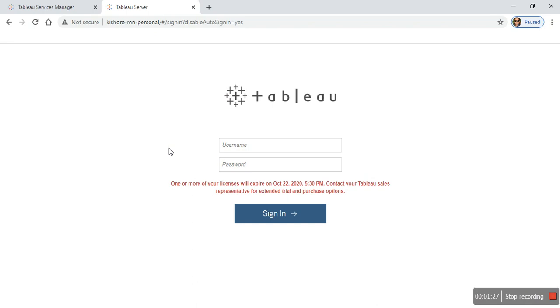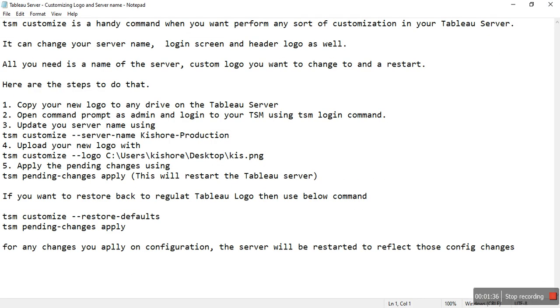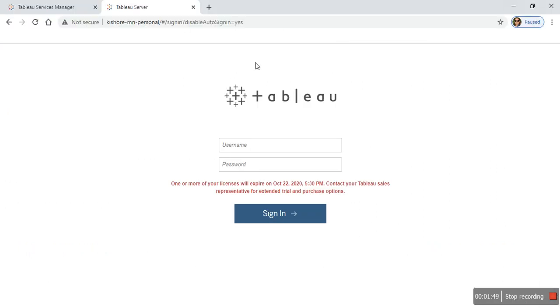There is one more customization: the tooltip is Tableau Server, and I want to change it to production. For example, I want to change it to my own name, Kishore Production. So these are the two customizations I'm going to perform.